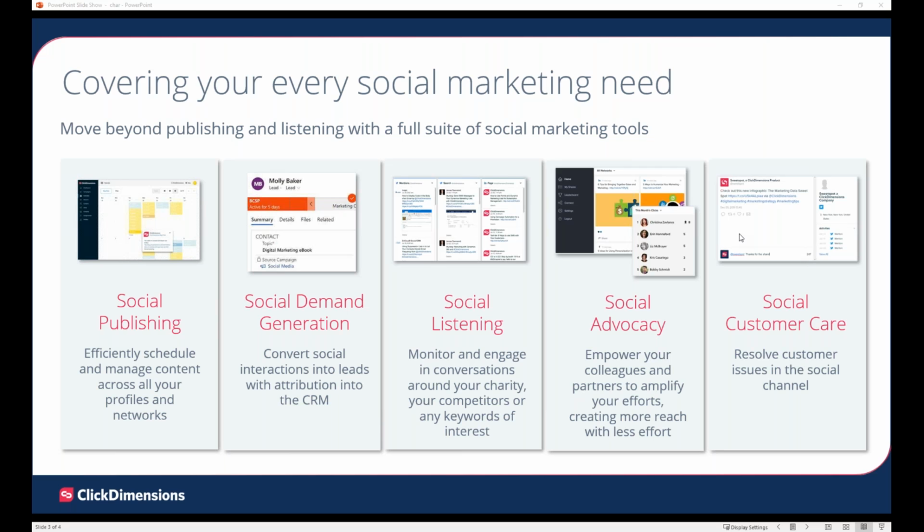We can absolutely create landing pages and forms and surveys, which are all trackable, all integrated into the social media. We do have a single point solution which will cover all of your marketing needs.